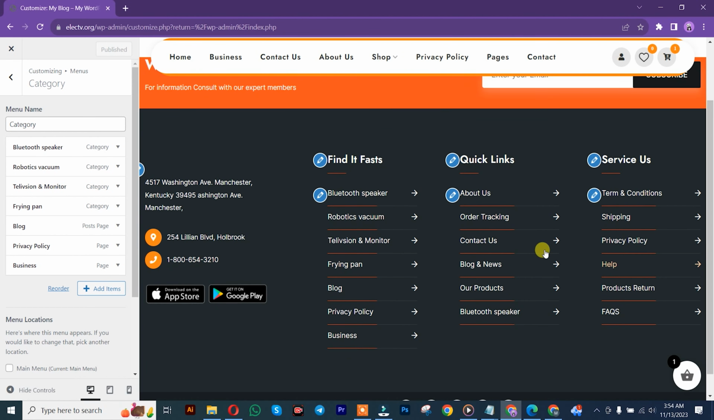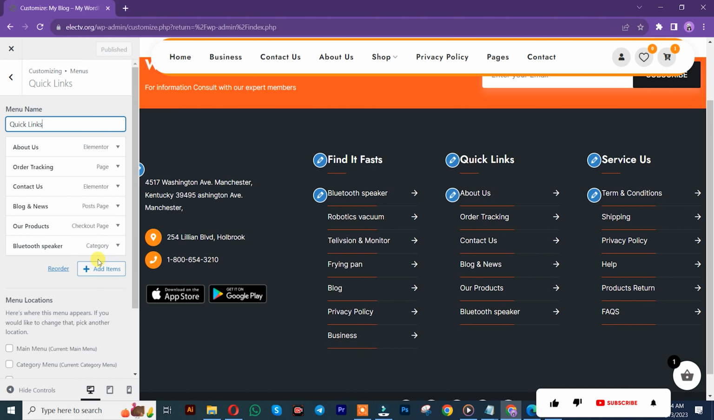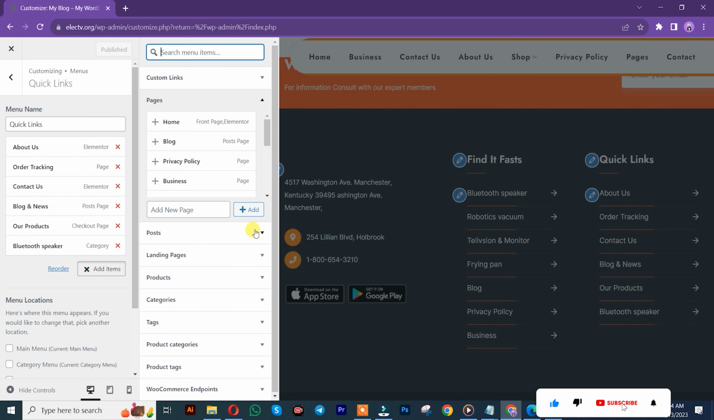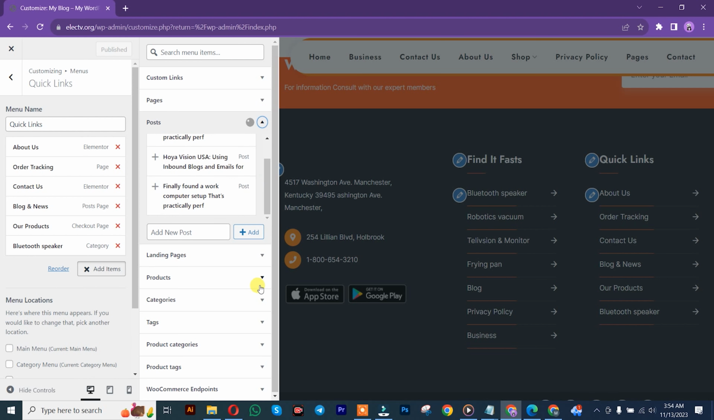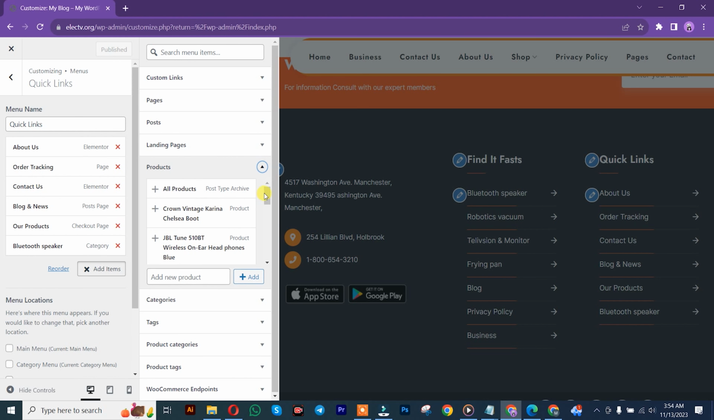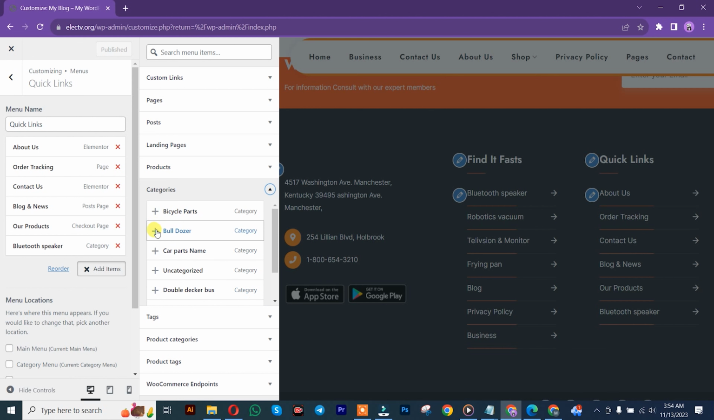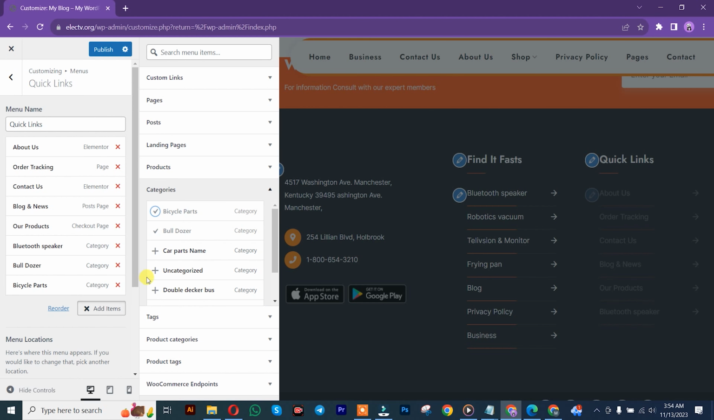So the same thing here. For quick link, you can simply decide to add other items, not only pages but even products, depending on what you want to add on your footer menu. So that's it. As you can see,